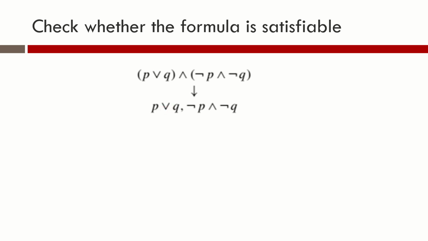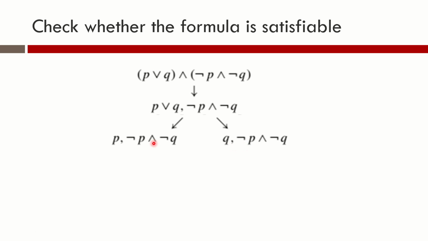We should create two children for this particular node. One child you should mark with all the labels in the parent node minus the formula that you have chosen to decompose, comma B1. So the other formula is negation P and negation Q, and we will choose B1 to label one node, and the other node will be labeled as Q, comma, negation P and negation Q. So we create two children. One child we label with P comma negation P and negation Q. The other child we label with Q comma negation P and negation Q.